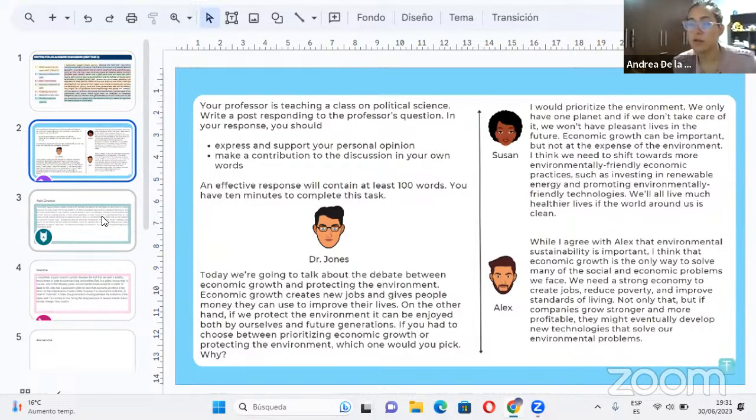Remember that you guys should be correcting and checking everything after you're done with the entire response, right? Initially, you should write, even if you're making some grammar mistakes, even if you're not using the best vocabulary that you could use, even if it's not perfect, you should just write everything and then go back to correct if you have extra time, all right? So try to see what is making you take more time, and practicing is going to help you as well, of course. So, okay. What about the rest of you guys?